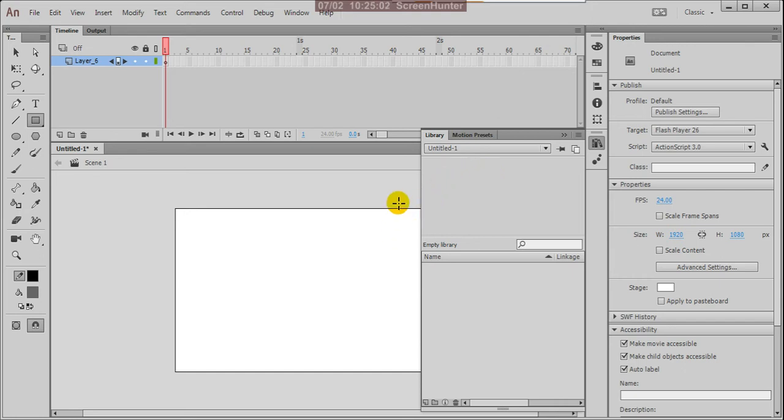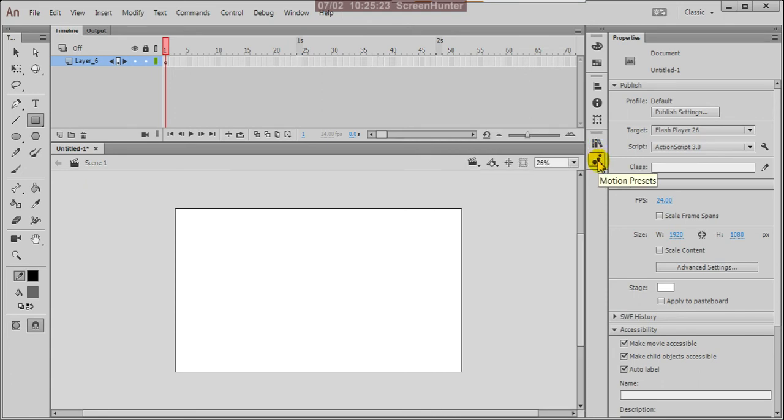So all symbols and all your assets, BGs and mouth shapes, whatever assets you include in your animation, can be stored directly in the library. From the library, you can drag all the things onto the stage, and you can animate it. I'll explain about this clearly.